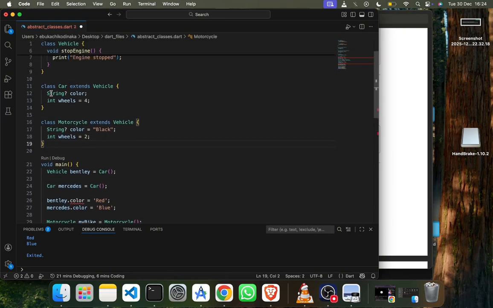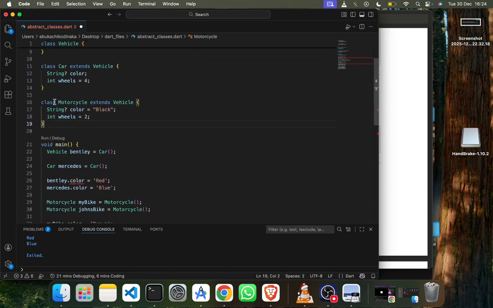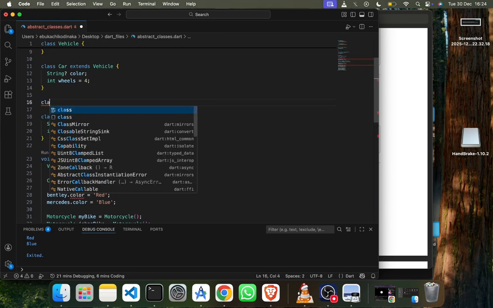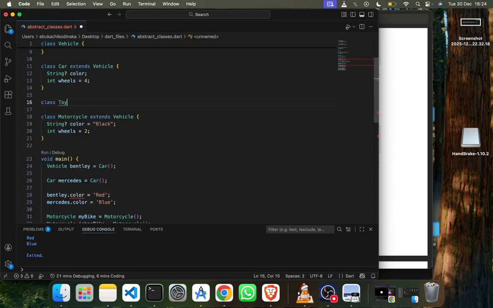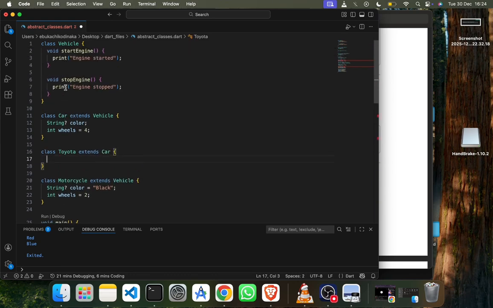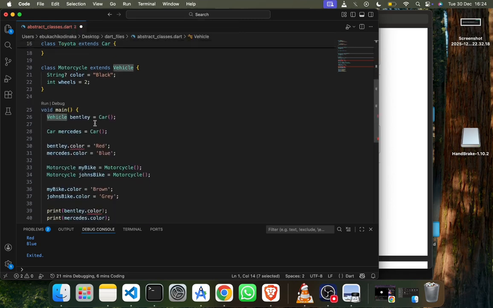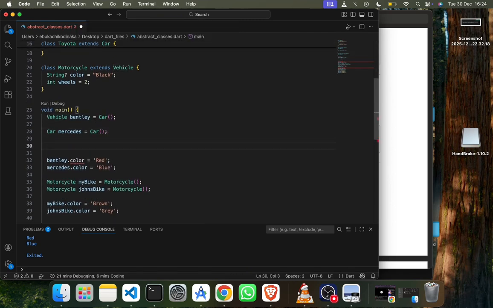If I have another class, let me say class Toyota, that extends car. Now Toyota extends car and car extends vehicle. So the super type of Toyota is vehicle. Exactly. So I can actually create